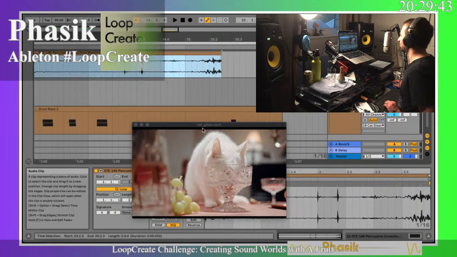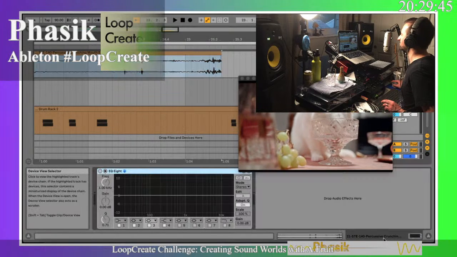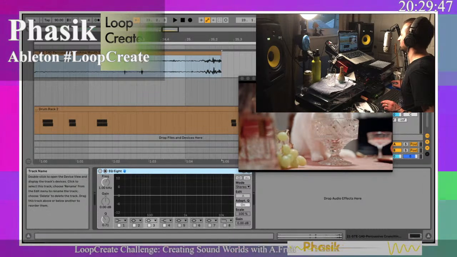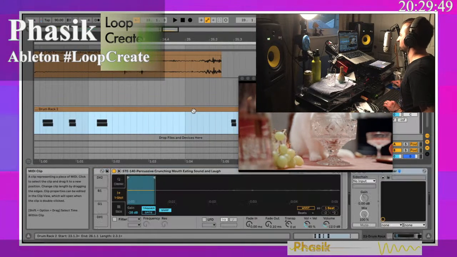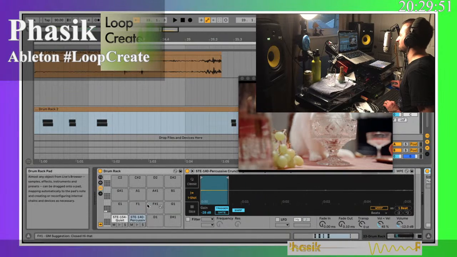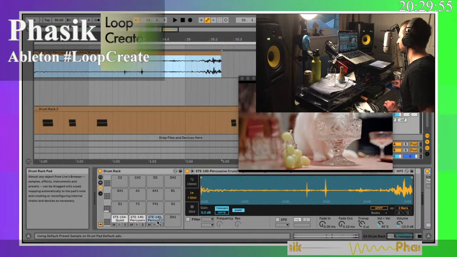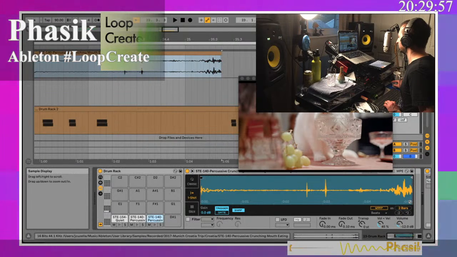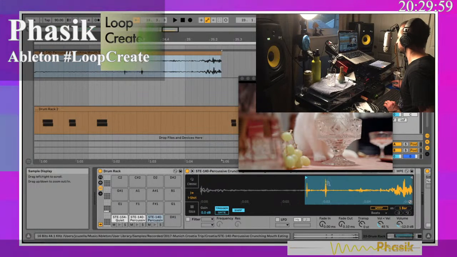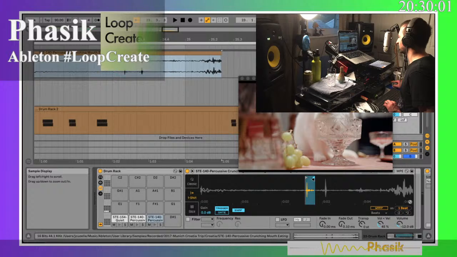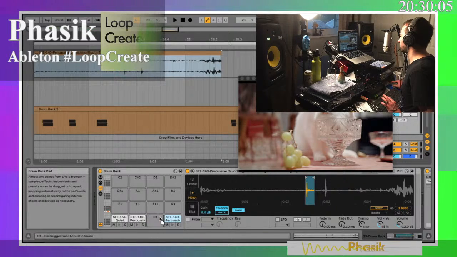So I'm going to go ahead and just grab this and then switch over to the device view here. And then click and drag it into a new drum pad. And then we're just going to select maybe each hit individually. We'll just duplicate this to another pad, which I think you can just click and drag to